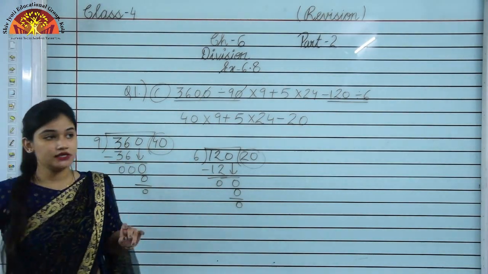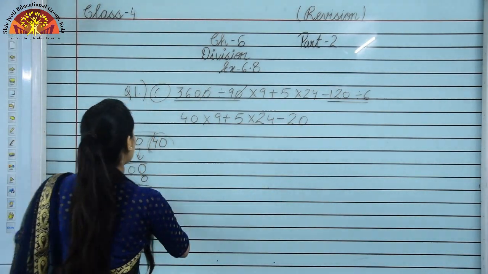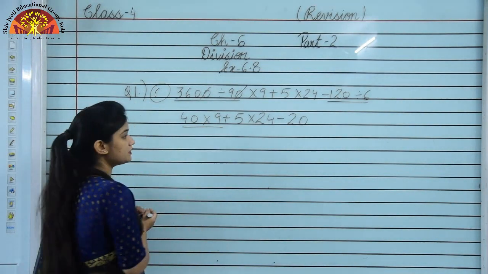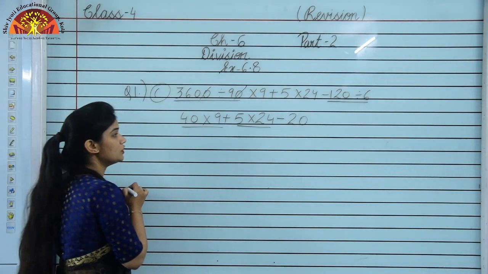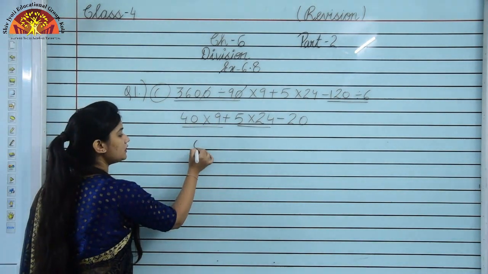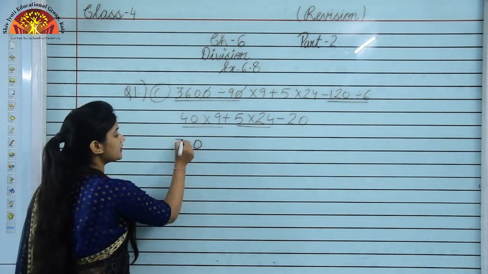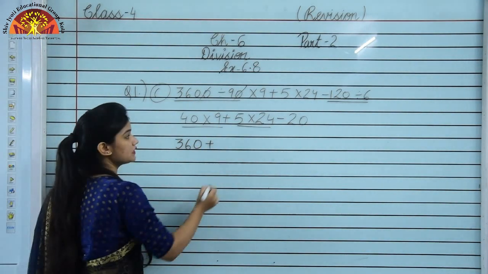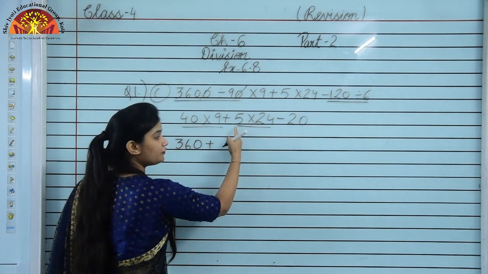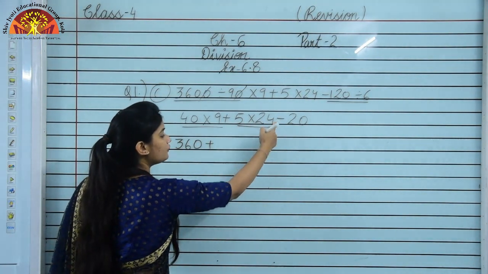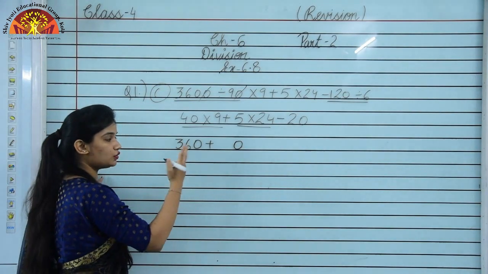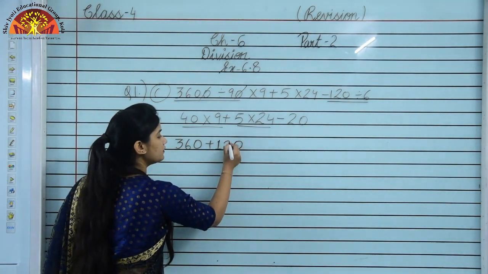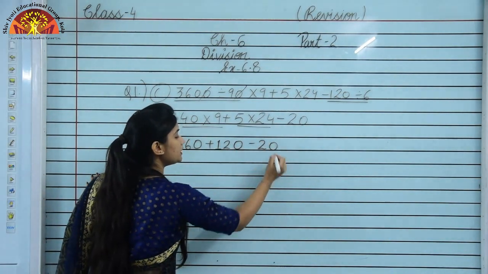Now after divide, what we have to do? Now we have to do multiply. So as we can see, multiply here and here also. So students, 9 into 0 will be 0 and 9 fours are 36. Now plus sign will be as it is. Now we are multiplying 24 by 5. So 5 fours are 20, 0, carry over 2, 5 2s are 10, 10 plus 2 will be 12, and minus 20 will be as it is.